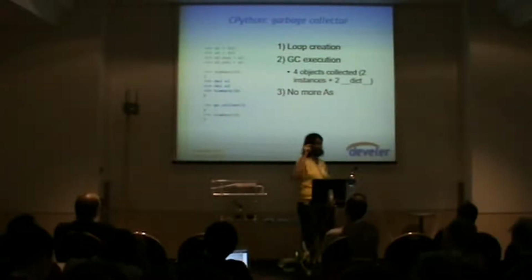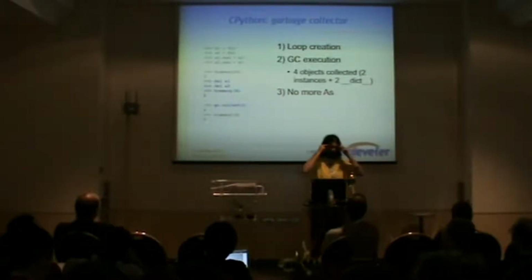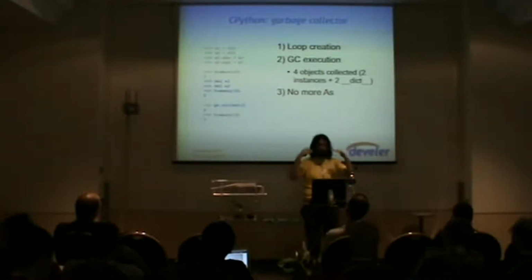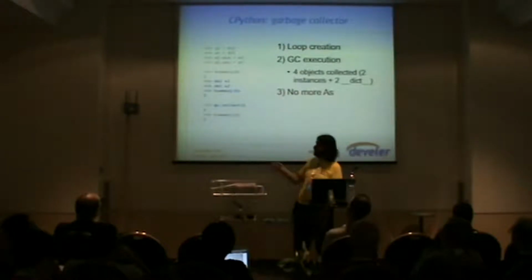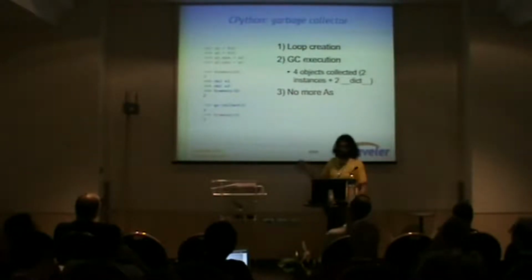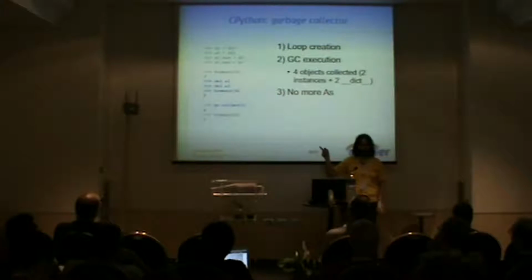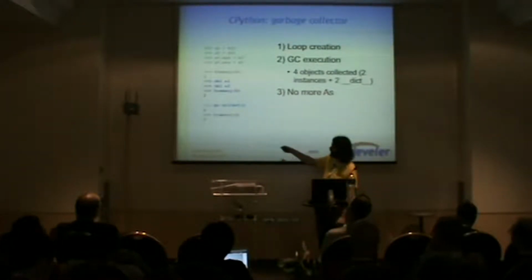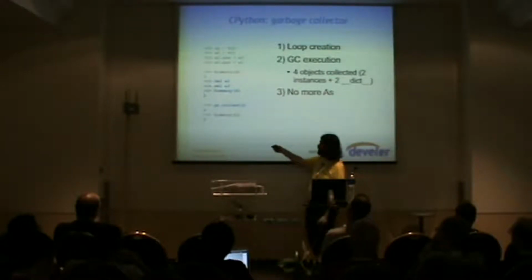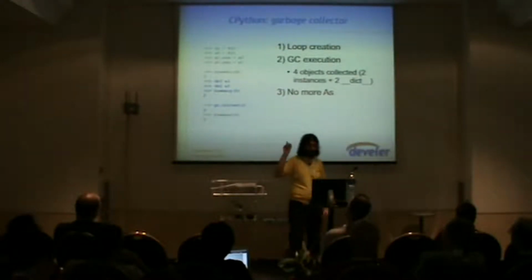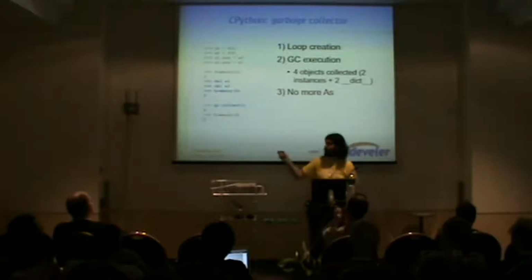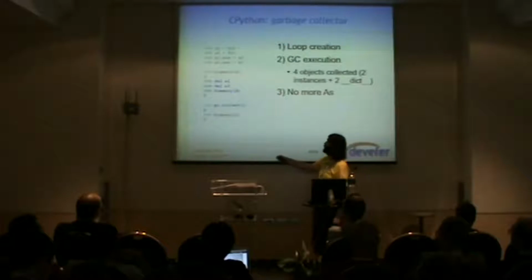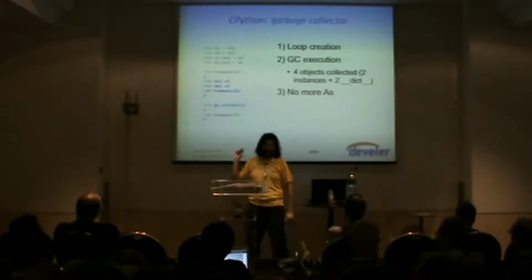And when I do this, I think, okay, I get rid of all my references to A1 and A2. They should be collected. Yes, but not immediately. How many A? It's still 2, because the reference count mechanism fails here because of the cycle, okay? So immediately after this statement, there are still 2 instances. Then you run the garbage collector once, and it tells you that it's collected 4 objects, okay? And there are no more A's after the garbage collector.